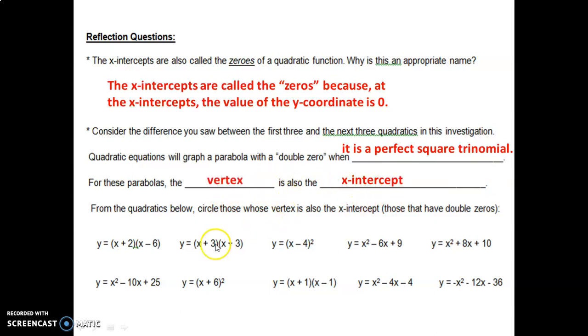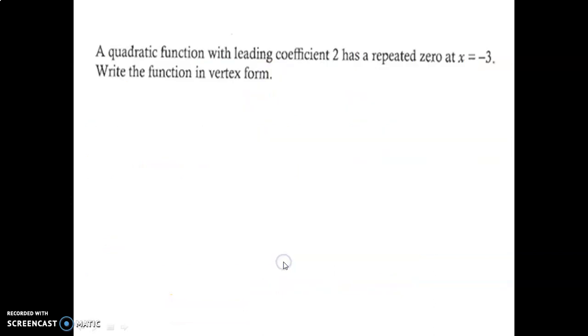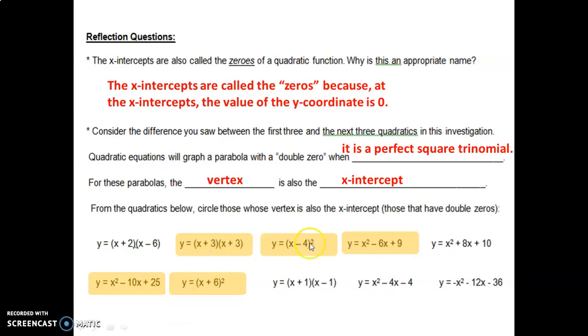So based on this knowledge, look at the quadratics below and circle or highlight the ones that will have a vertex that is also the x-intercept. Which of these, in other words, will have double zeros? And let's call this number 1, number 2, number 3, and so on. All right, I hope you chose number 2, 3, 4, 6, and 7,